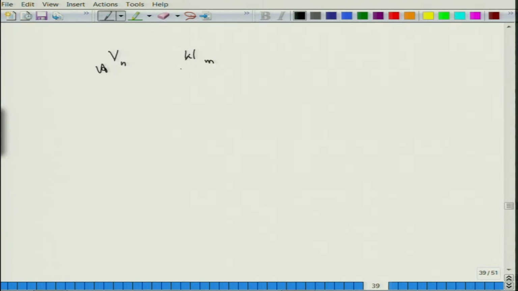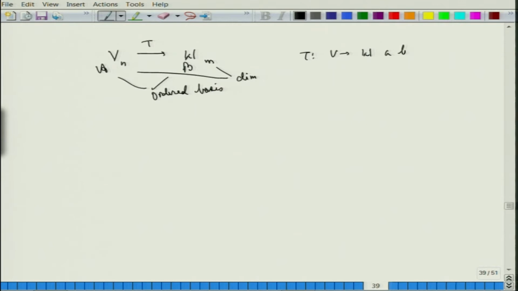here the dimension is m, ordered basis is B, so these are ordered bases, and the dimensions are m and n, whatever those dimensions are, fine. If T is a linear transformation from V to W, a linear transformation, alright. So if T is a linear transformation, we have T of V is equal to some element of W,